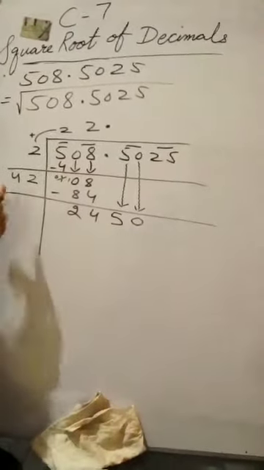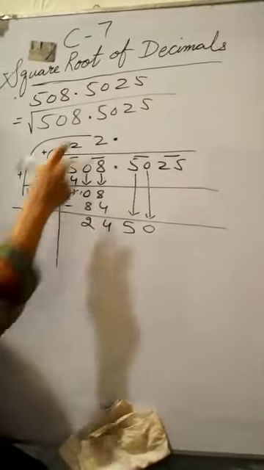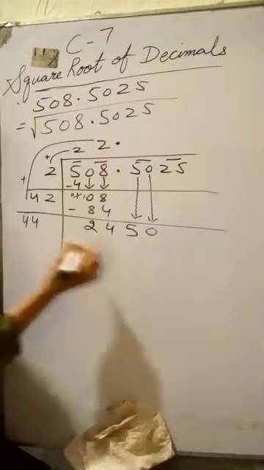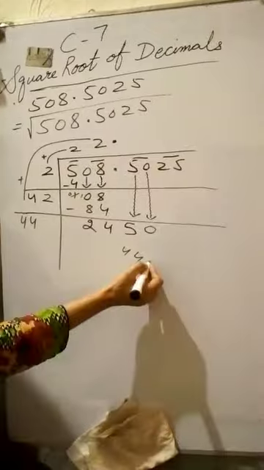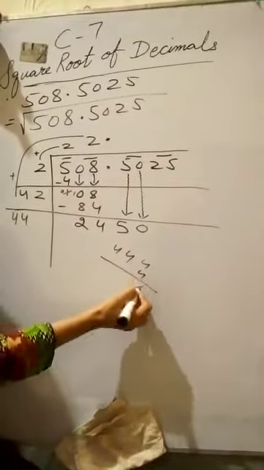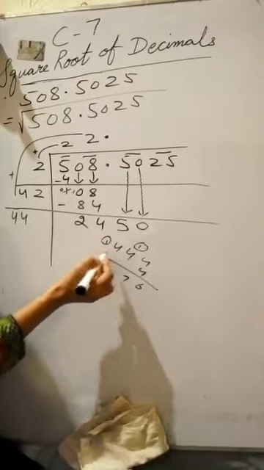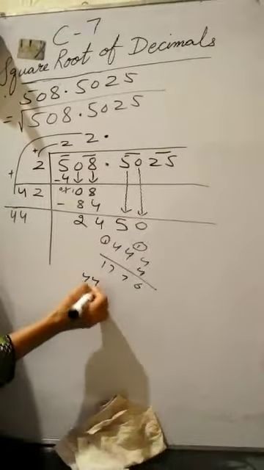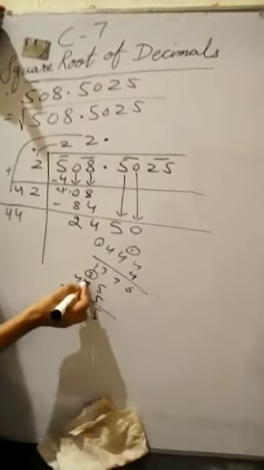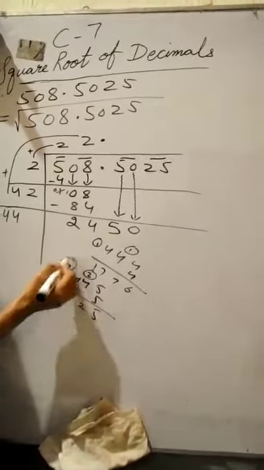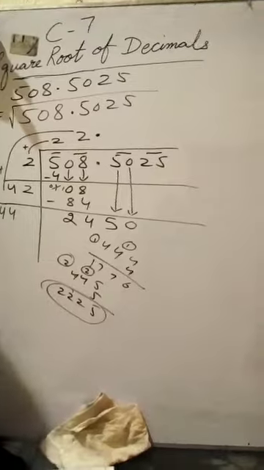2450. What about the next divisor? Add your previous divisor and the quotient. 42 plus 2, 44. Next check with, let's take with 4, 4. 4 times 4 is 16, 1 on the carry. 4 times 4 is 16, 17. Let's check with 5, 5. 5 times 5 is 25, 2 on the carry. 5 4 times 20, 21, 22, 2 on the carry. So the smallest and the nearest one is